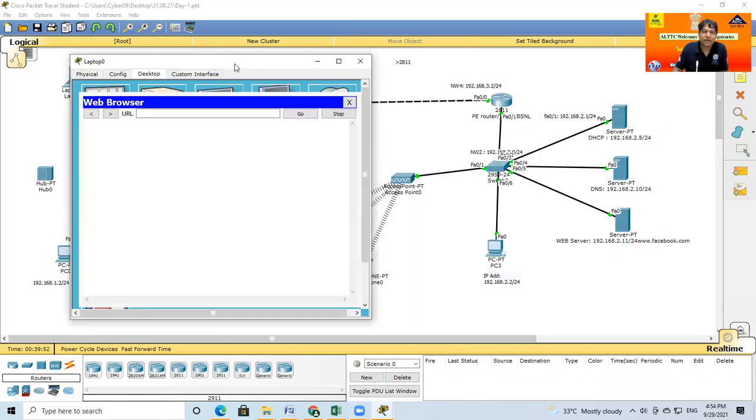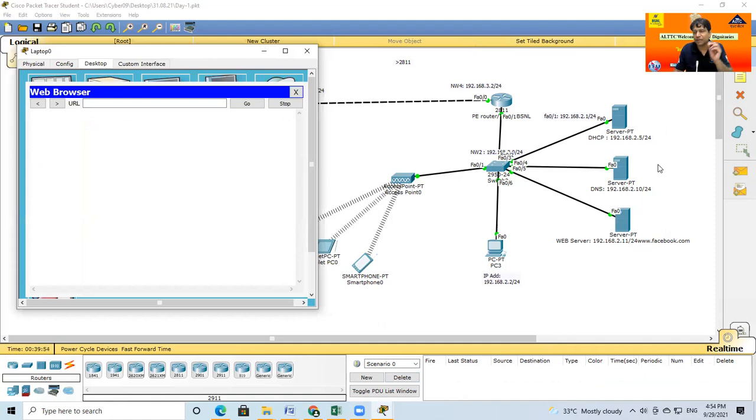Suppose in my DNS only one website's information is available. So suppose I type any website here whose information is not available in my DNS server, like www.kksy.com. Such information is not available. So what happens in this case? My DNS rejects it and sends the information: host name is unresolved. This is not available.